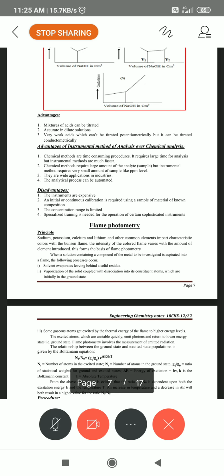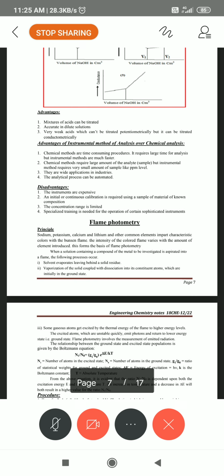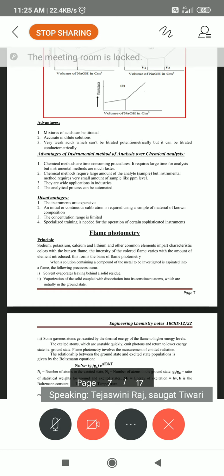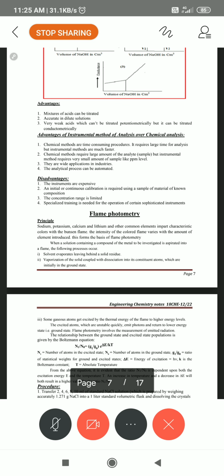So all these alkali metals and alkaline earth metals are soft metals. It is possible to bend them and cut them using a knife; sodium, potassium, lithium, you can easily cut. So for that, it is made into a solution. With the help of this, in the given water sample, the unknown sample, we can easily estimate.